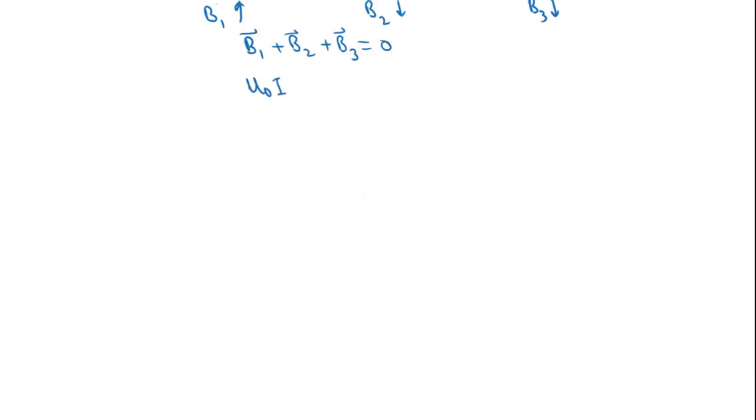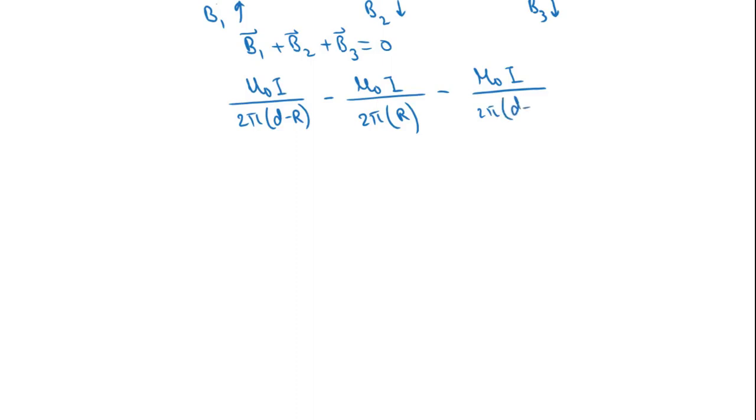Mu naught I divided by 2 pi, d minus r, minus, because it's in the opposite direction, mu naught I, all the three currents are the same, divided by 2 pi, d plus r, minus mu naught I divided by 2 pi r, and this is equal to 0. The common terms can be taken out and be equated to 0, which leaves us with, this implies 1 by d minus r minus 1 by d plus r equals 1 by r,